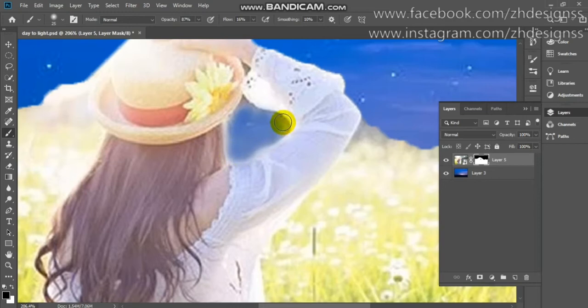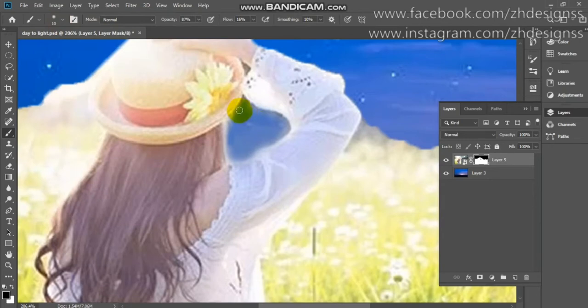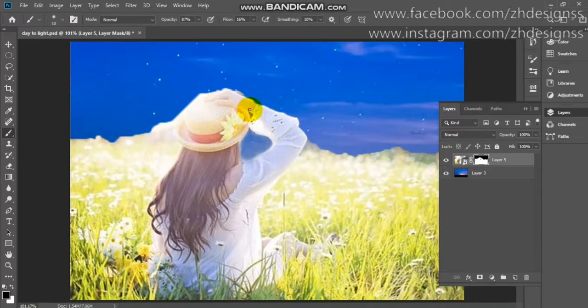As you can see, you can also decrease the size and increase your brush size. Make sure you are using a soft round brush and not the hard round brush. So as you can see, I am removing from here. Now if I zoom out by pressing Ctrl or Command 0 to fit it to my screen,